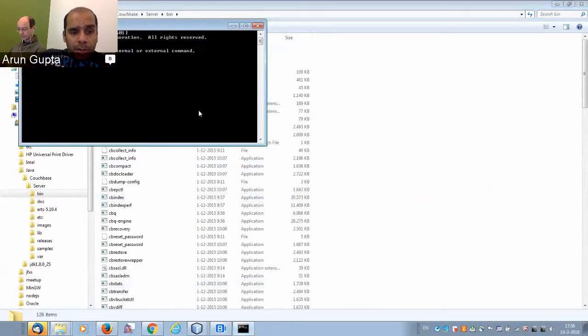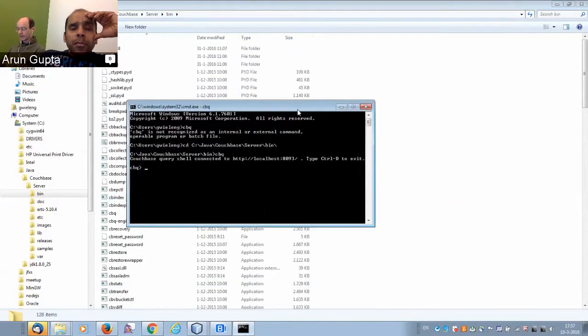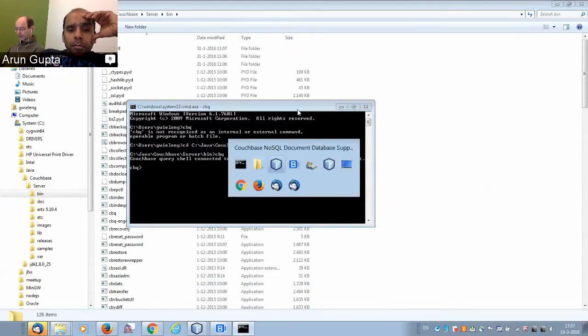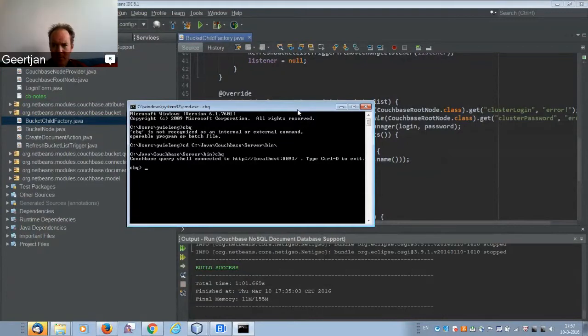Yes. I see it down here in the middle. So if you fire up that script, and that's it. You're in CBQ now. Okay, yeah. So if you type select star from system indexes.